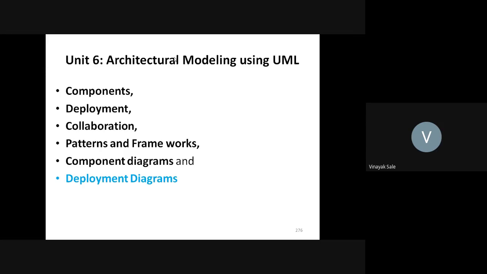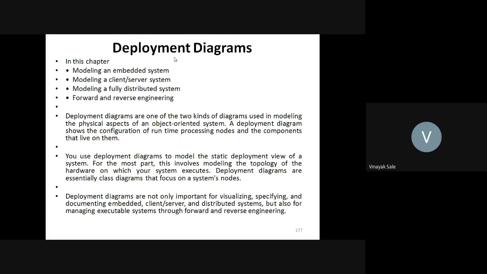The last part from this chapter is deployment diagrams, and this is also the last part from your syllabus. So in this chapter we will study modeling an embedded system, modeling a client server system, modeling a fully distributed system, and forward and reverse engineering. Deployment diagrams are one of the two kinds of diagrams used in modeling the physical